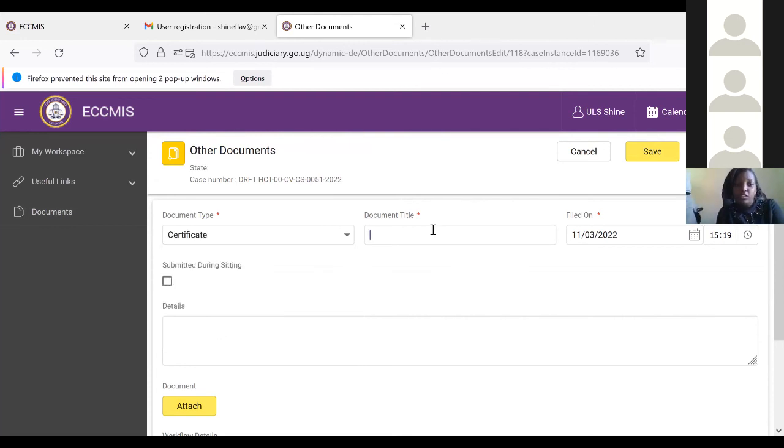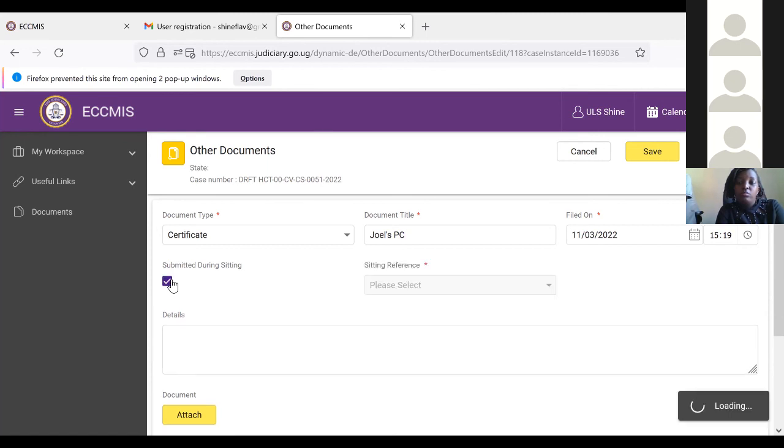Then the title, maybe we can say, since the advocate was called Joel, we shall say Joel's PC, Joel's practicing certificate, that has been filed on this day. The system will pick the actual time and date when you file. And then you will select, has it been submitted during a sitting? Because there are times you bring your certificates on the first hearing. So if it's submitted during a sitting, you check this and then you refer to that sitting, what sitting it